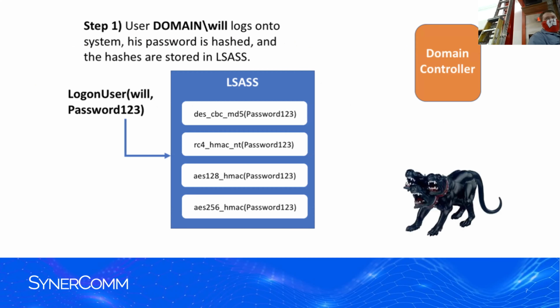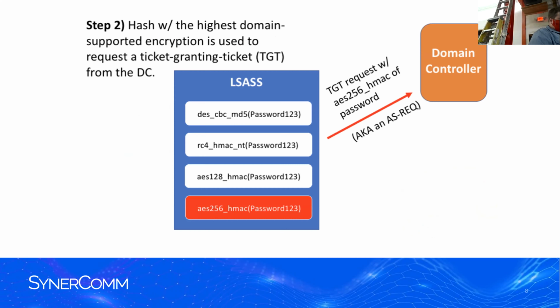This is used to hash the password. Normally in your work environment, the servers are set up for Kerberos. You enter your username and password. It hashes it in all four of these algorithms and sends it to the domain controller. And take note, this AES 256 is what we're going to be after during the live hacking.